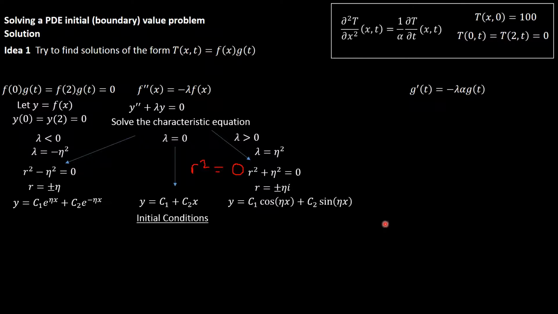But now we should consider the initial conditions, y of 0 equals y of 2 equals 0. The initial conditions yield, let's look at this first. If you plug in 0 for x,